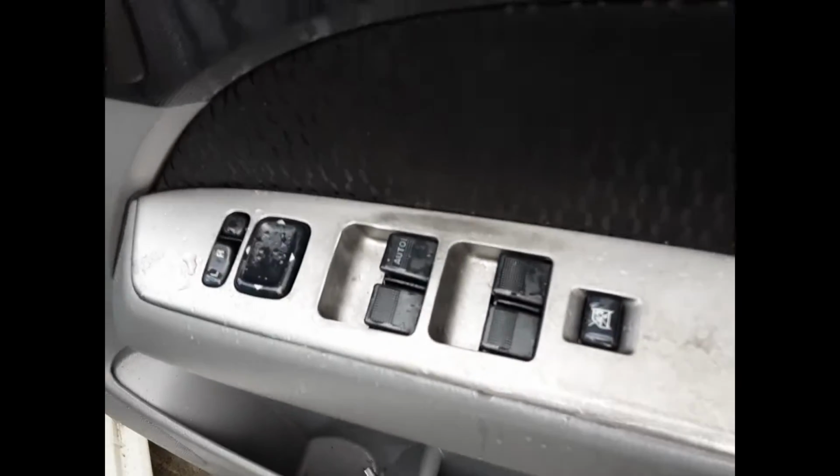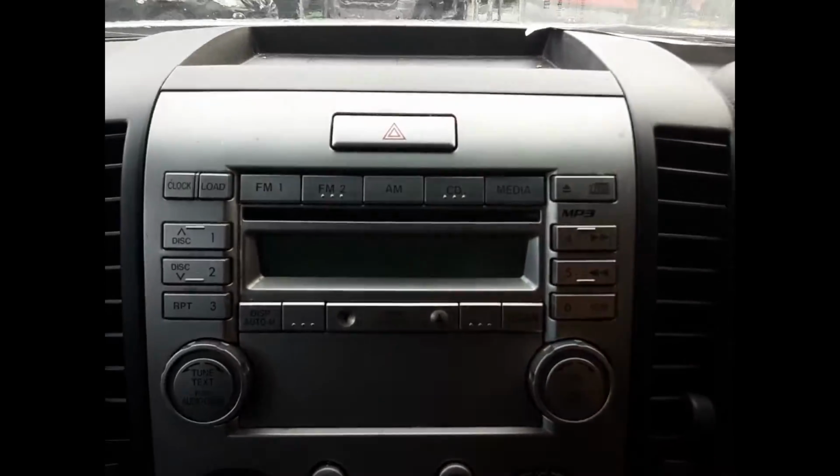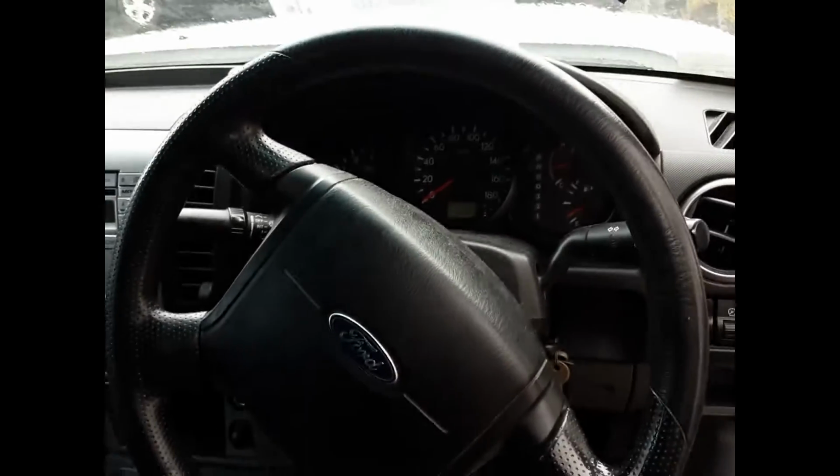We have the driver's side door trim, power window master switch, single plug type. This vehicle's fitted with black cloth interior, grey centre console, automatic type, automatic gear shifter, heated controls, factory 6-stack CD player, interior mirror, left sun visor, right sun visor, instrument cluster, and an average 4-spoke leather steering wheel with cruise